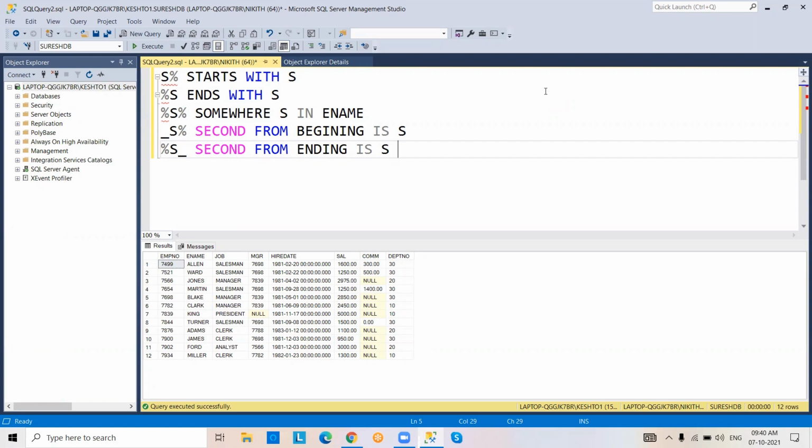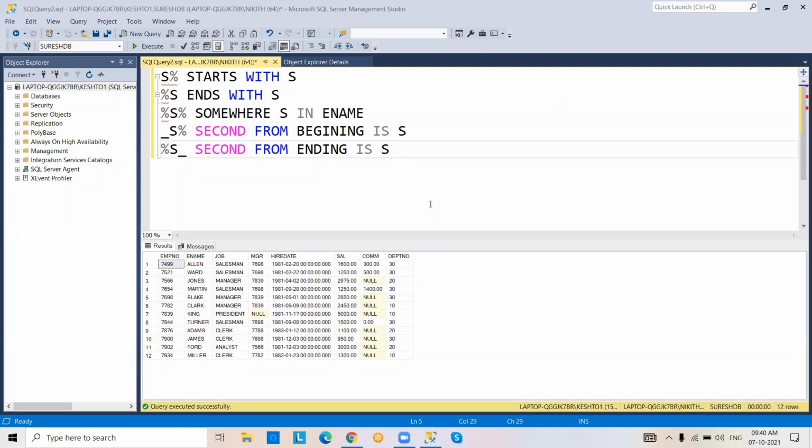Limitations related to the LIKE operator, is it clear or any doubts? Can you please explain once again? S percentile means Karnakar starts with S. Percentile S means ends with S. Percentile S percentile means somewhere S in the name, any place of the name S must be there.